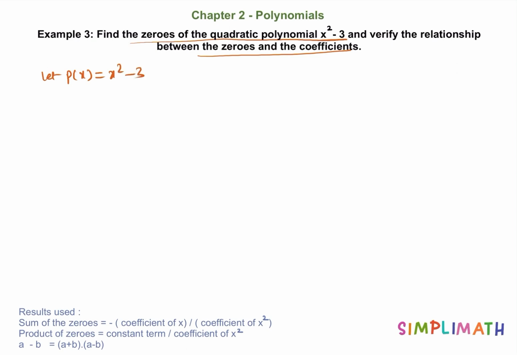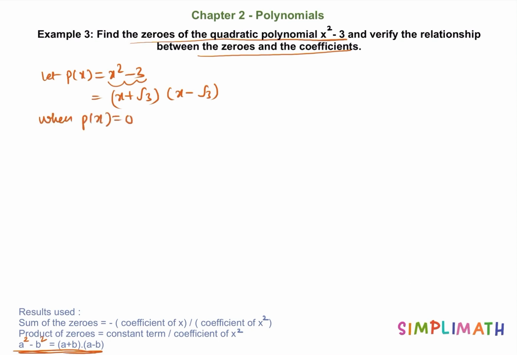Now we know the identity a² − b² equals (a + b)(a − b). So from here what can we say? We can say this can be written as (x + √3)(x − √3). To find the zero of the polynomial p(x), we know it can be found when p(x) equals